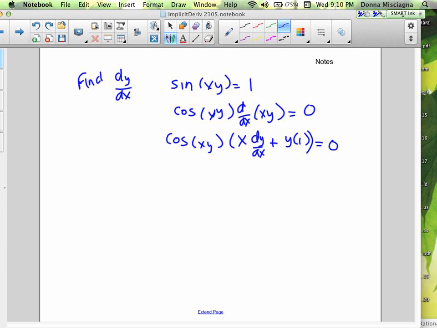So we're going to have to distribute the cosine xy to both those terms. No big deal. So we have cosine xy times x dy dx is x cosine xy dy dx. I'll put the dy dx second. That doesn't make much of a difference, the ordering, but it does look better to have anything that's not cosine in front of it. Otherwise, it starts to look like it's part of the argument for cosine. And then plus, we'd have y times cosine xy